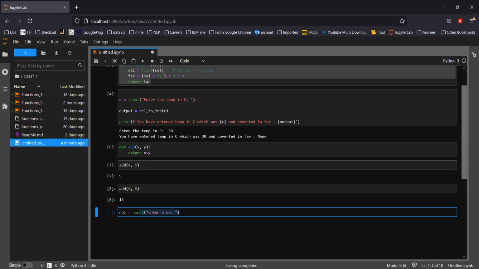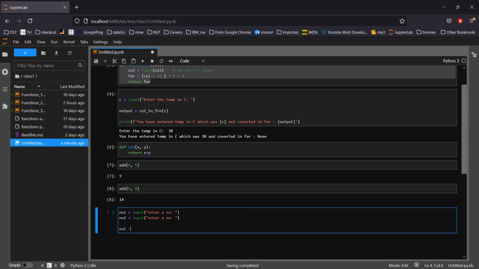The same line I'm going to repeat again for the number two. Okay, and then I'm going to call output, which is add number one comma number two, and print out result.